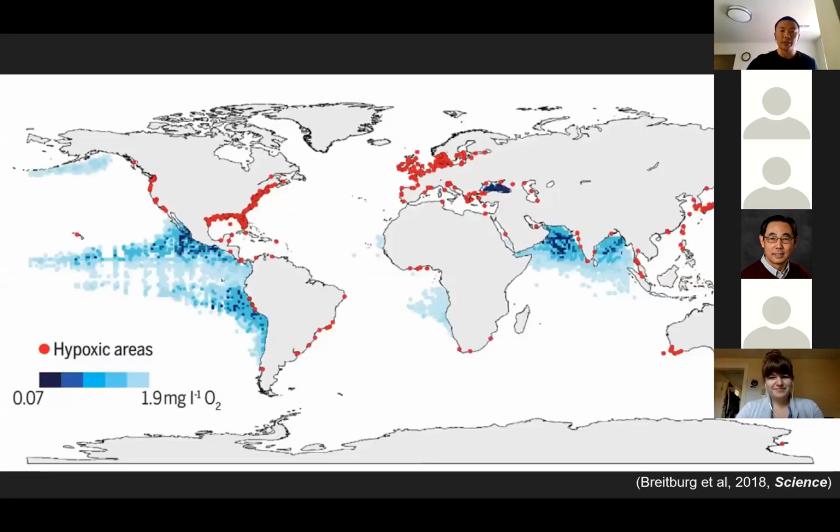Actually, research has found that across the globe, there are more than 500 dead zones in the coastal area. This number is still increasing, because 10 years ago, a review paper was published in Science. In that review, they identified, synthesized, like 400 dead zones. But 10 years later, it has increased to more than 500. Similarly here, you can see the red dots; each red dot represents a dead zone identified by some literature.